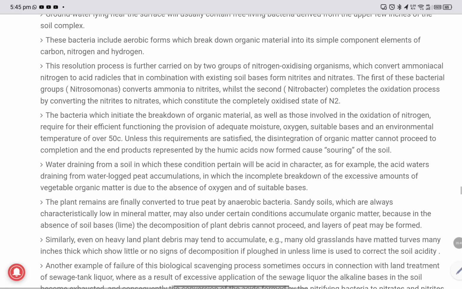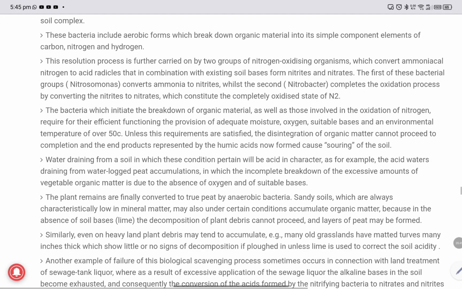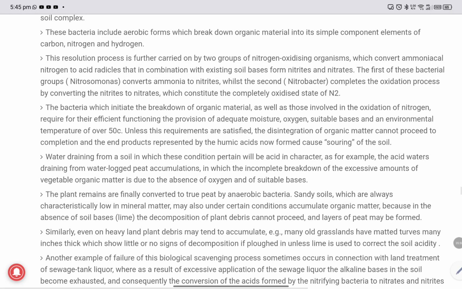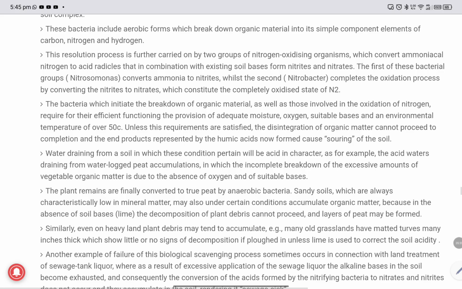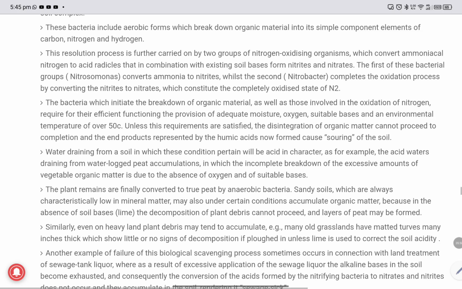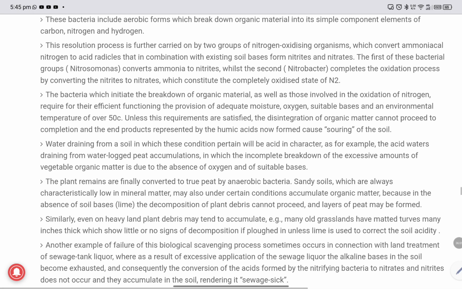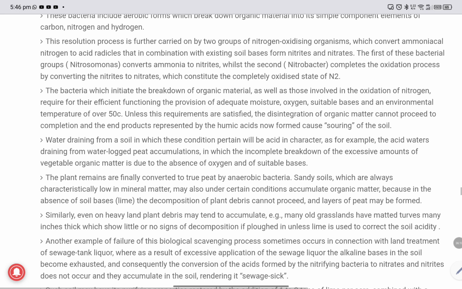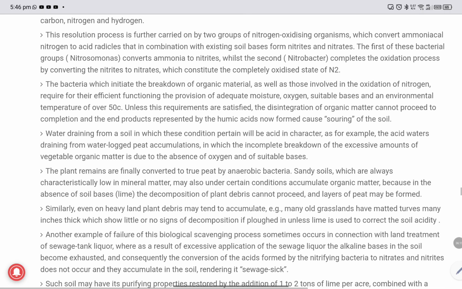This resolution process is further carried on by two groups of nitrogen oxidizing organisms, which convert ammoniacal nitrogen to acid radicals that, in combination with existing soil bases, form nitrite and nitrate. The first of these bacterial groups, Nitrosomonas, converts ammonia to nitrite, while the second, Nitrobacter, completes the oxidation process by converting the nitrite to nitrate, which constitutes the completely oxidized state